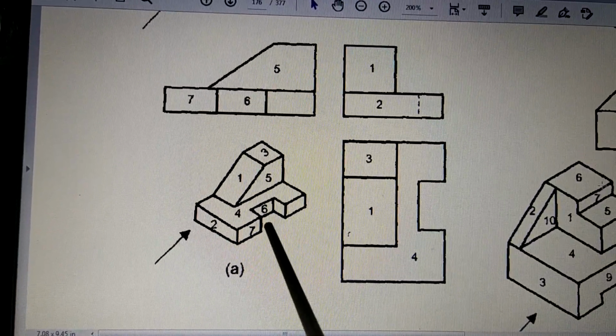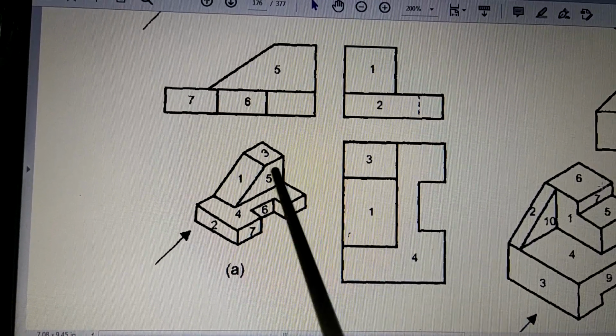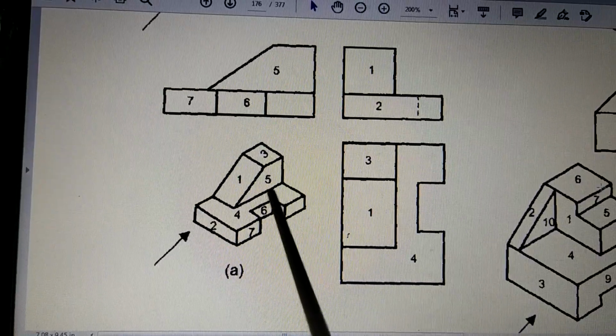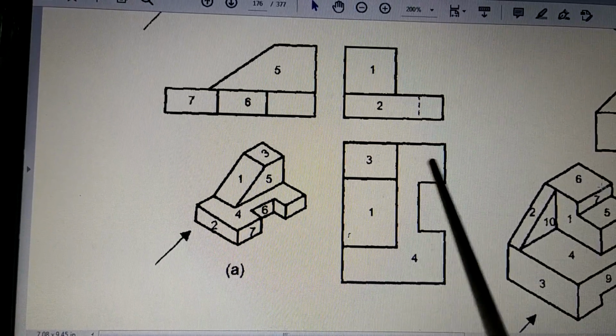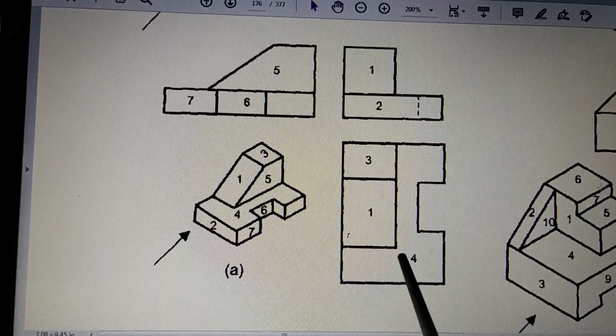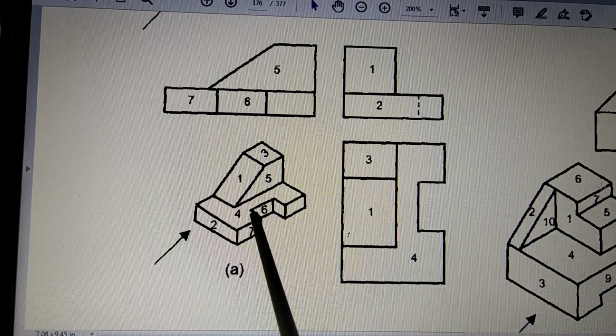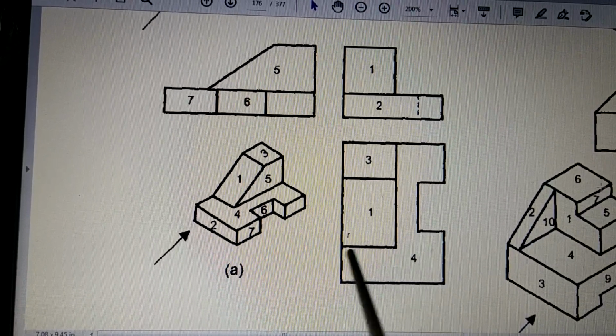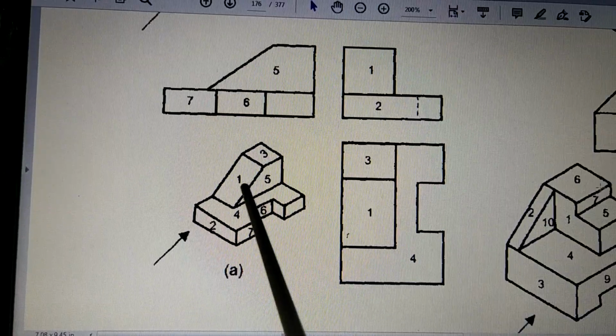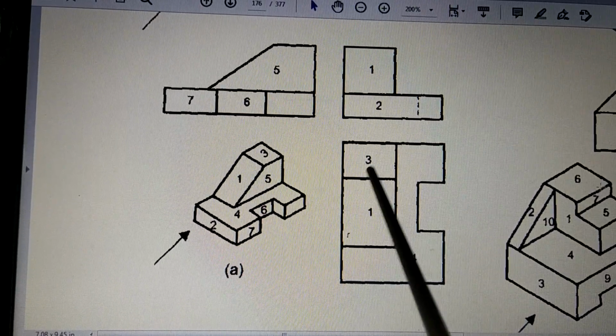So now you will see that these surfaces are shown. Then this is surface number 4. Now this surface number 4 is what is shown here as per the shape. So you can see this is the shape and that shape is shown here. And after that, surface 1 and 3 will be shown here like this.